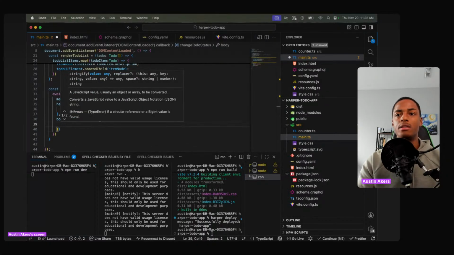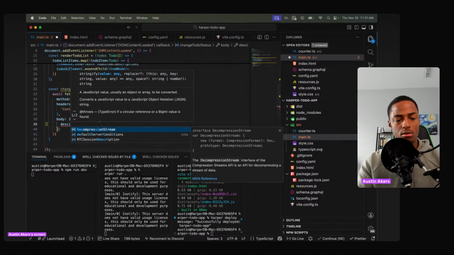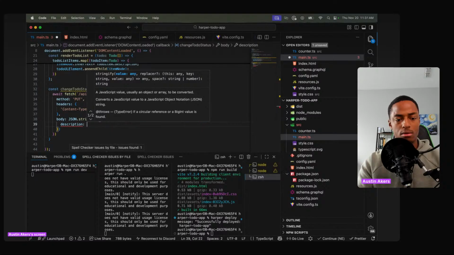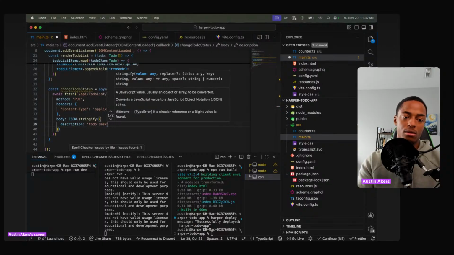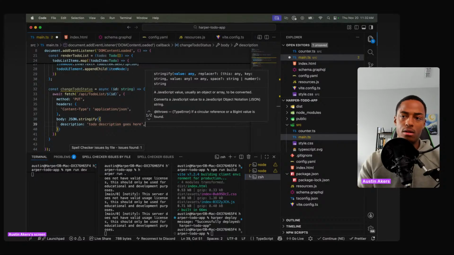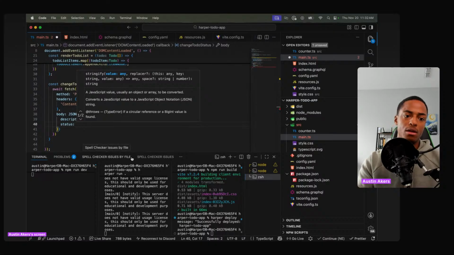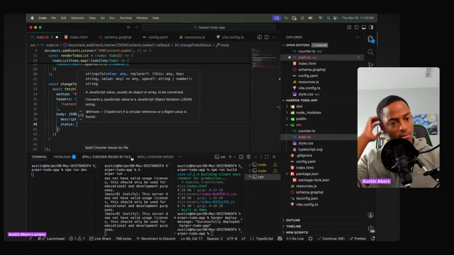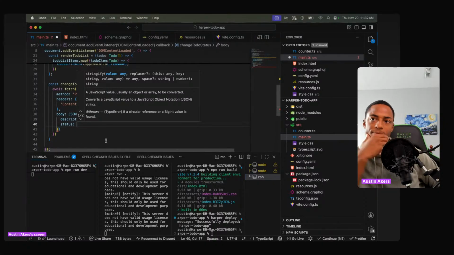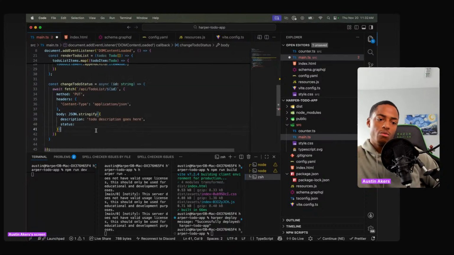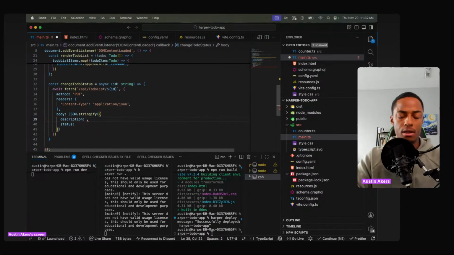And then what we'll pass in here is the description. I'll just do some sort of placeholder, like todo description goes here. And then the next one that we pass is the status. Essentially we'll have to do some sort of find. So I'm trying to think here. What we may end up doing, now that I'm thinking through this,